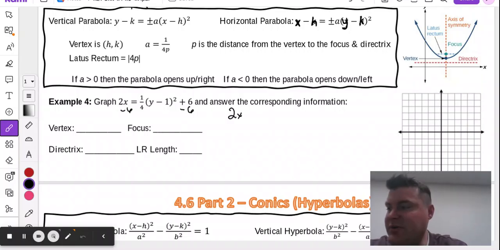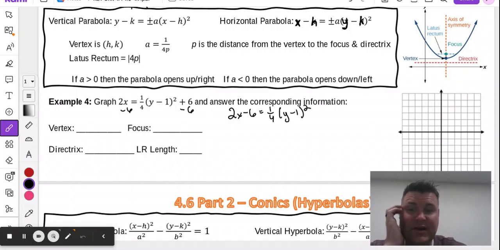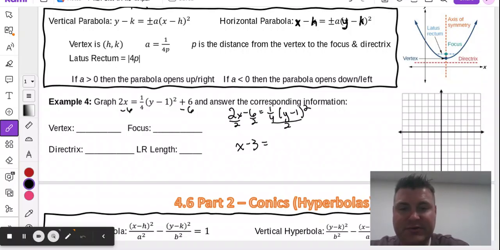I'm going to get 2x minus 6 equals 1/4 (y minus 1) squared. And I want to keep that x in front of that a 1. So divide everything by 2, literally every single term by 2. So I'm going to get x minus 3 equals 1/8